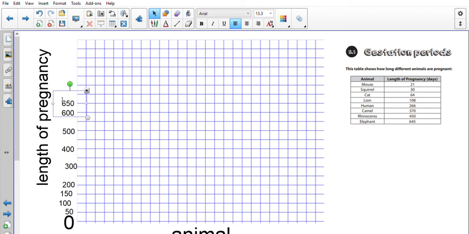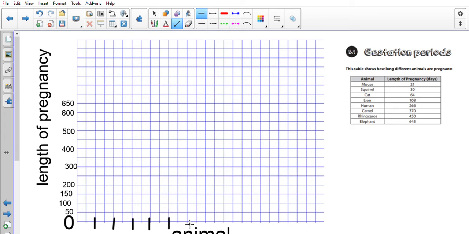What I suggest you do as well when you are doing your bars is use 2 columns for each animal. So that could be mouse, squirrel, sorry that my line's not straight, cat, lion, human, camel, rhino and elephant. Now you need to write the names of the animals. I think they all start with different letters, so just for ease, you could do mouse,